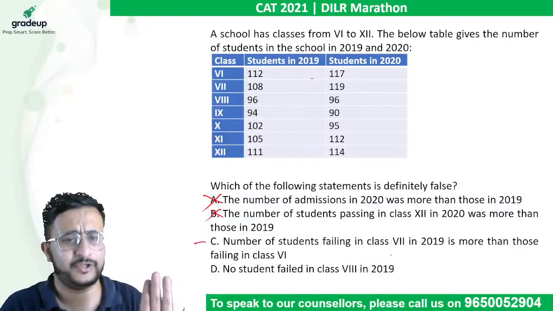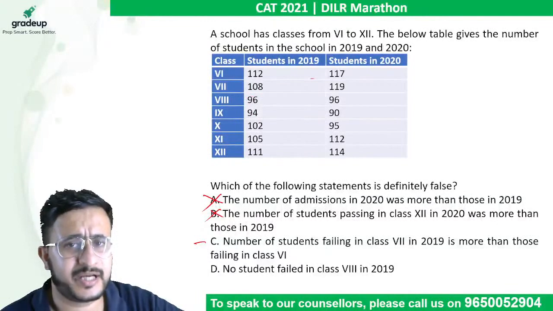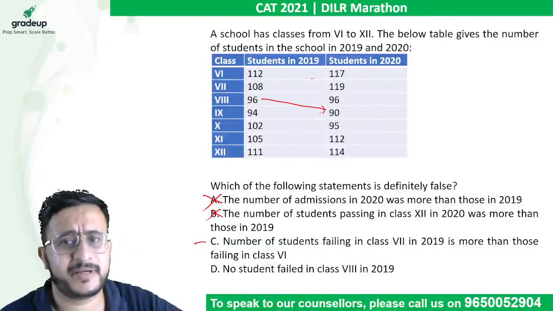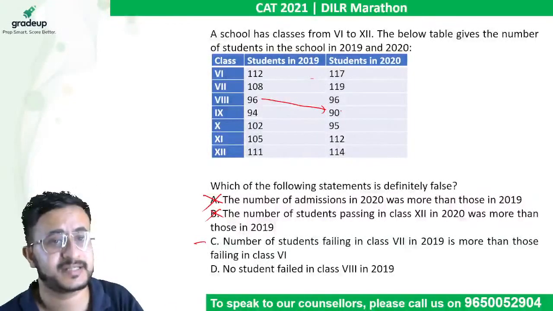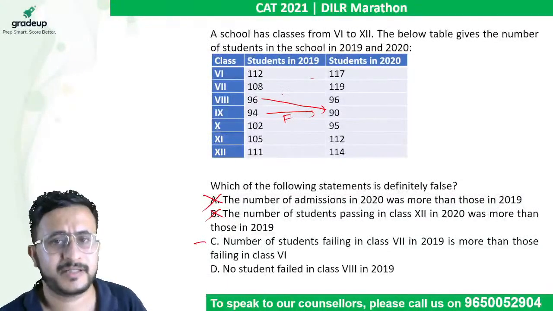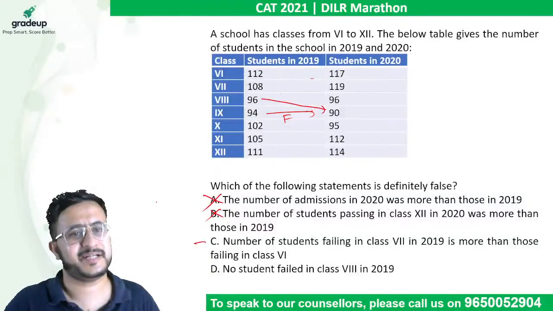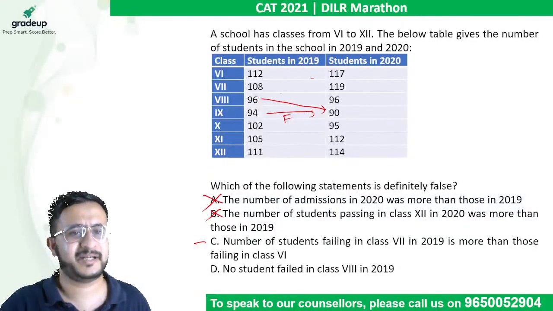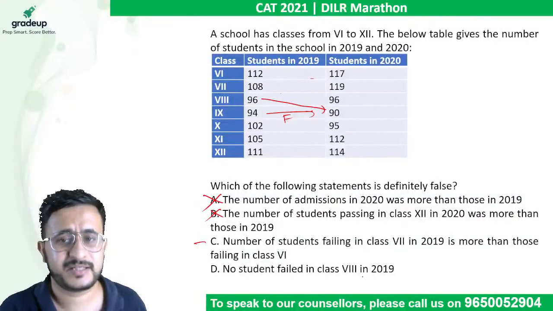See, logically, if I say that no student failed in 2019, so that means here the number should be minimum 96. It should be minimum 96. That failures will come is a different thing, that is optional. But this should be minimum 96. If no student failed, at least 96 will go to class 9th. But that number is decreasing. So definitely some students failed in class 8th, right? So that